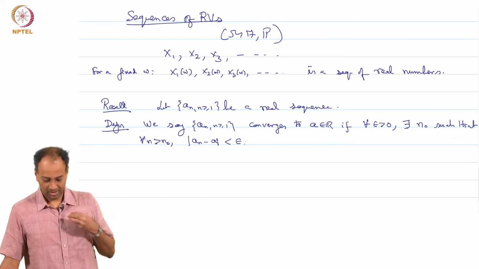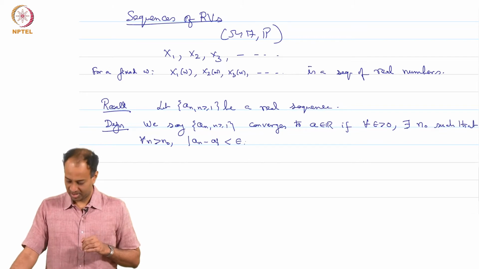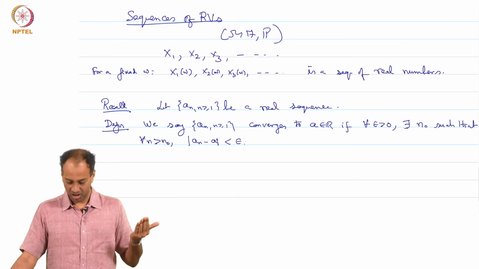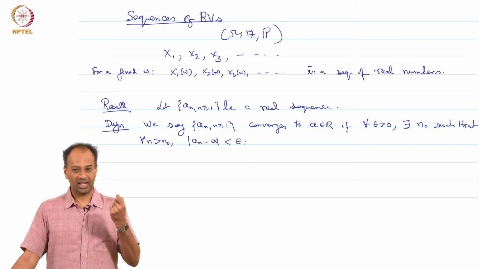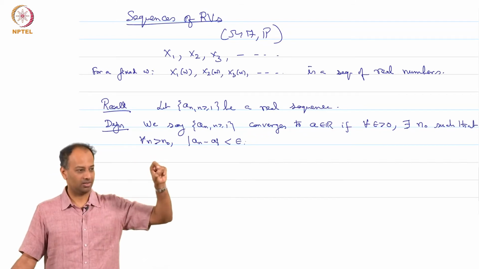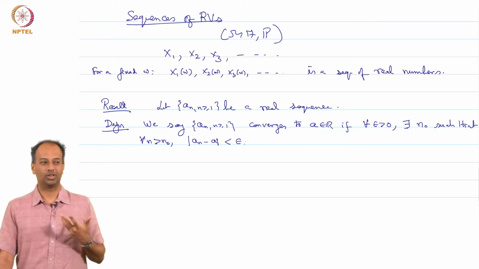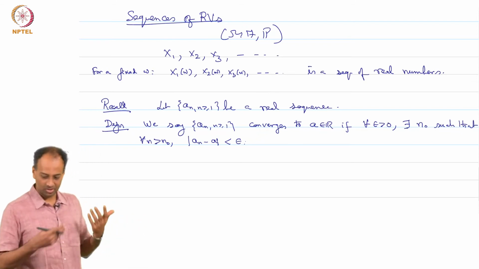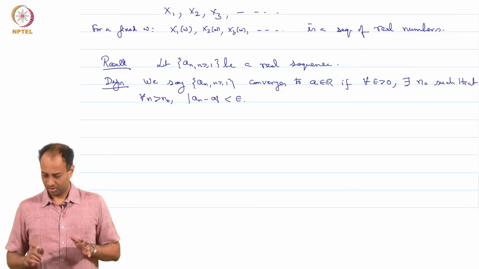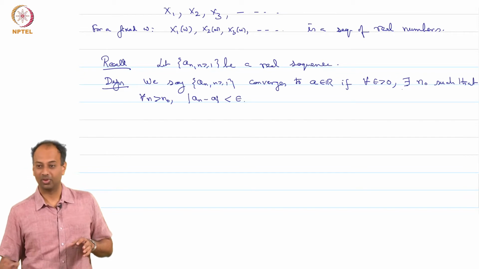So, you give me whatever epsilon you want, 10 to the minus 6, 10 to the minus 8. I should be able to find a large enough n naught such that for all n greater than n naught, my sequence a_n is within an epsilon band of a. It gets very close to a. How close is determined by this epsilon, and you can make epsilon as small as you like. You can choose larger and larger n for which a_n gets closer and closer to a. Okay. So, you know the for all and there exists notation, right. This is for all, this is there exists. I hope you know these notations already.